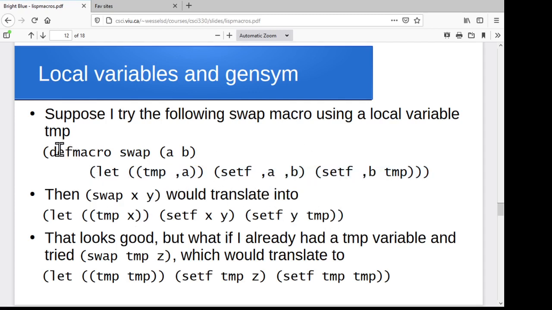So here, let's say I wanted to have a swap macro, where I want the user to be able to say something like swap x and y that does the usual, swaps the two values. So if we take our usual swap idea where we say, let's create a temporary variable, store a in that, copy b to a, and then copy that stored temp value back into b,